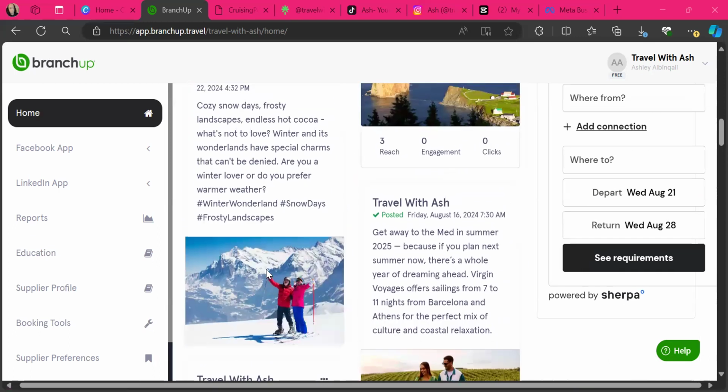Okay. So automated marketing like this, like BranchUp, is meant to serve as a foundation. It's meant to help you get out and reaching because you're consistently posting. Now, it's not meant to be the only thing that gets seen, because you see it doesn't get too much reach, right? The idea of it though is to have something constantly posted on your page, because if you go,